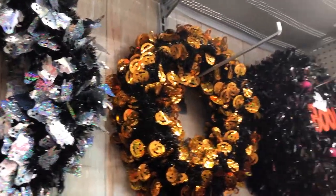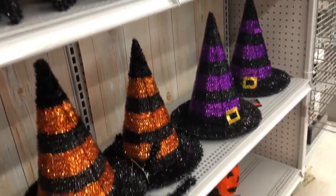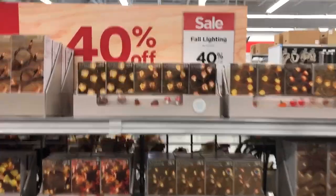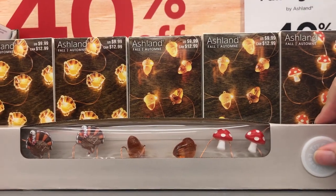So those are those piñatas? I think they look like, maybe they're just party decorations. I don't know. So I do look at some of their fall stuff. This video is kind of long, but I do look at some of their fall stuff, so that's probably why. I don't always do that, but